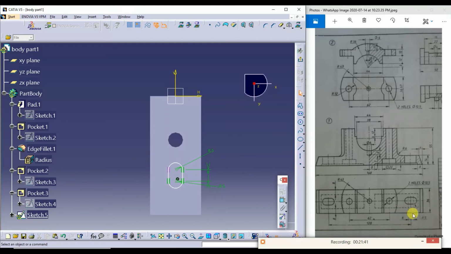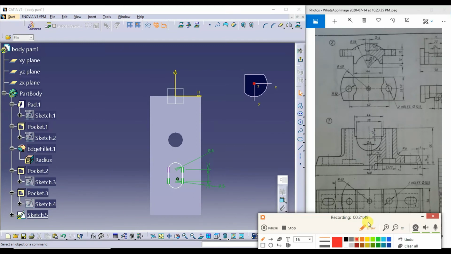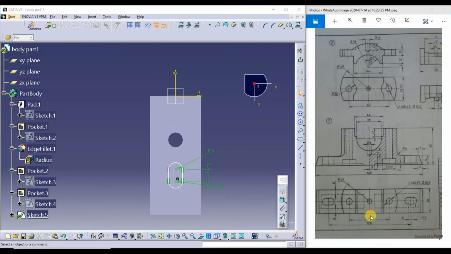Next here. Next, from here to the center of this should be how much? Here, half of 128. Okay. Next, this will be 4. This is 4, and this will be 4.